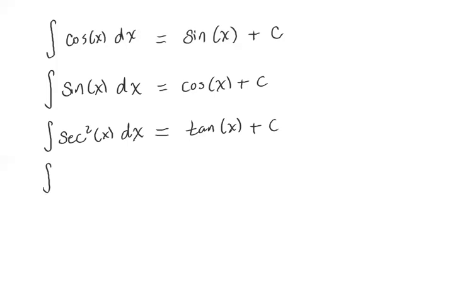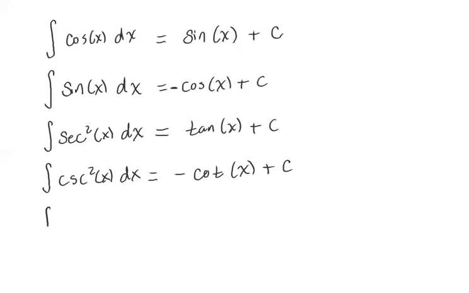Similarly, if I want to find the indefinite integral of cosecant squared of x with respect to x, then the derivative of cotangent is negative cosecant squared, so the antiderivative of positive cosecant squared should be negative cotangent of x plus c. Which reminds me, the antiderivative of sine of x actually should be negative cosine of x, because the derivative of cosine of x is negative sine, therefore the derivative of negative cosine should be sine. Okay,